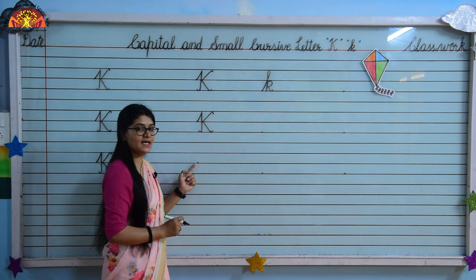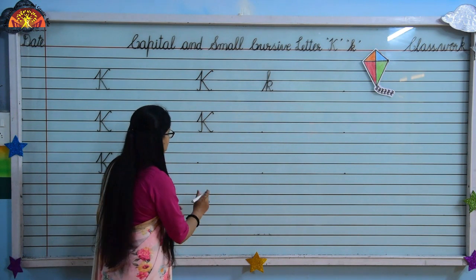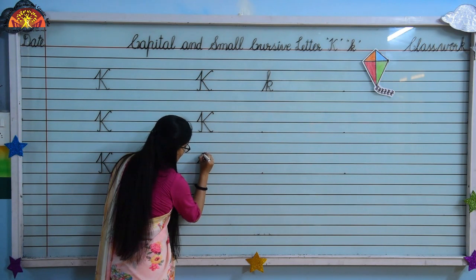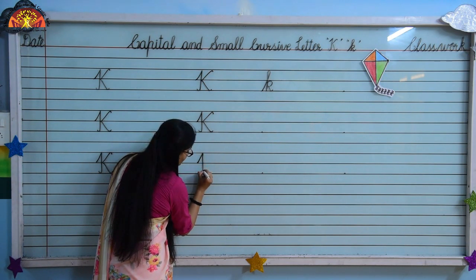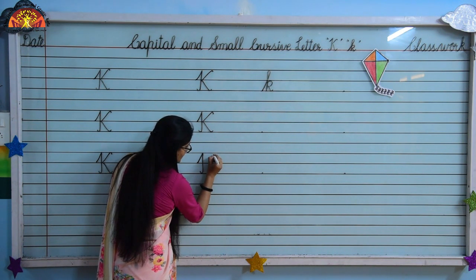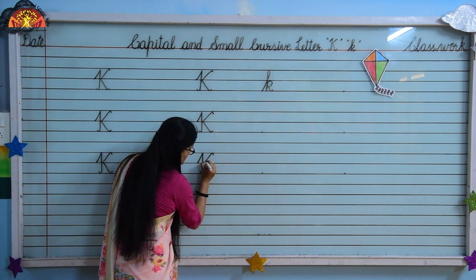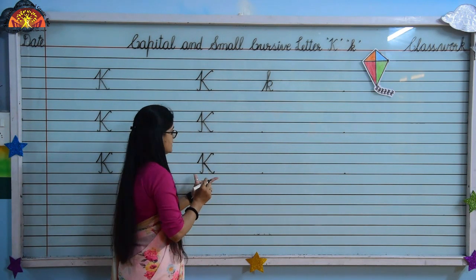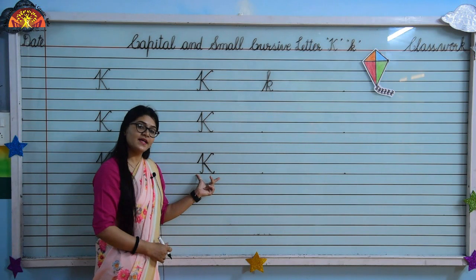Now let's write one last time. So put your pencil here. On second line, draw a slanting line, touch the first line. Standing line, touch the third line, turn. And now put the pencil near the first line, turn and draw slanting line, touch the center of the standing line, again draw one slanting line, moving towards the third line, touch and turn. So kids, tell me which letter is this? This is capital cursive K.